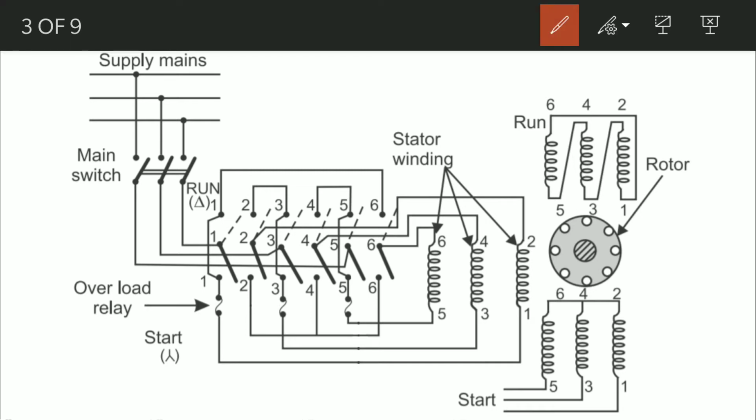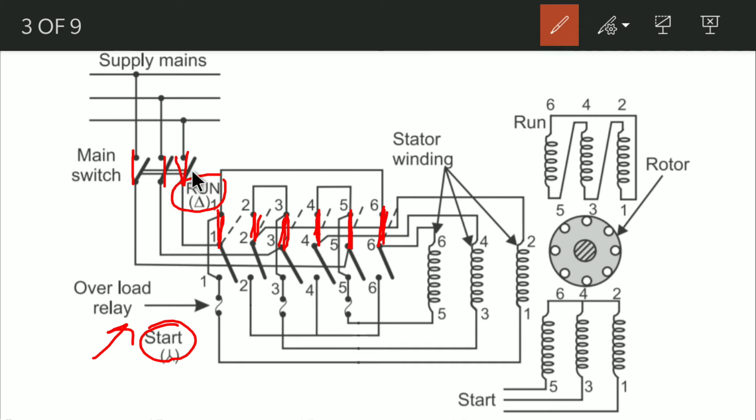Once again, the motor main switch is in on position, see here, and now middle terminal 1 is connected with top terminal 1, 2, 3, 4, and all these 6 are connected in this way. This is the position when we move this double throw switch from start to run position. Now let us see what happens.